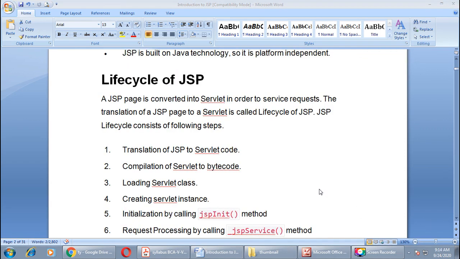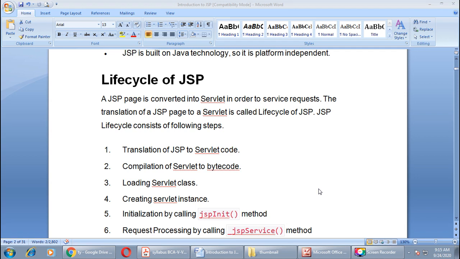Now let us learn about the life cycle of JSP, how it executes in our websites. We can understand with the help of the life cycle of JSP. A JSP page is converted into a servlet in order to service the request sent by a client.